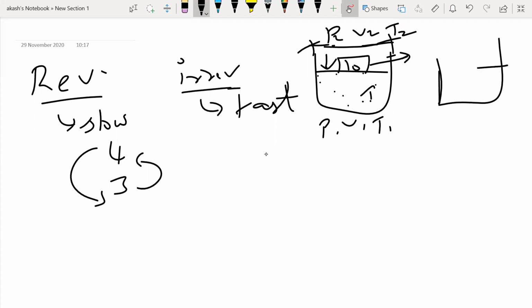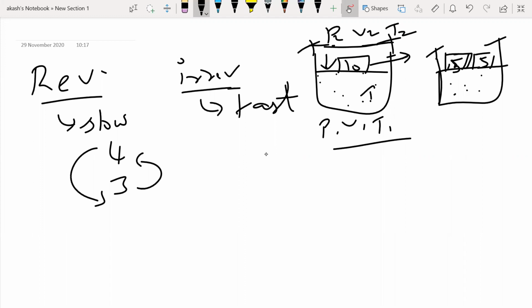Again, I have the same piston arrangement, same gas, same amount of gas. And now again I have the stopper, right? Now what I do is, instead of putting a 10 kg mass as a whole and making it equilibrium, I am going to put two 5 kg masses on top of this. Okay, now again the same initial condition, pressure P1, V1, T1. Initially here also it's the same, right?